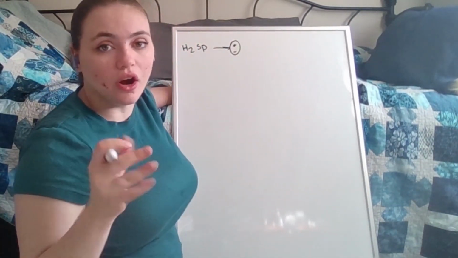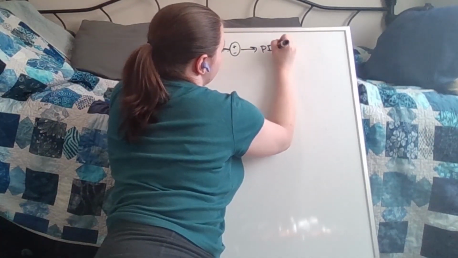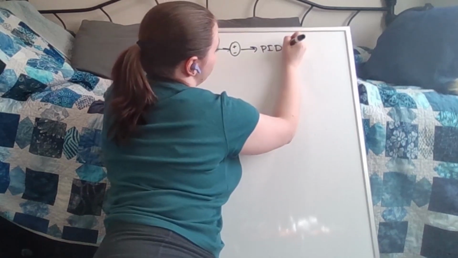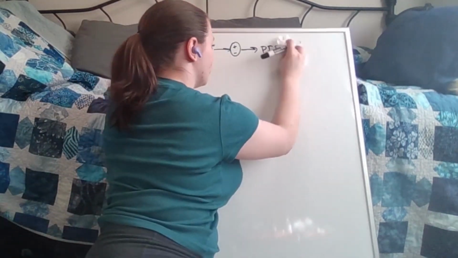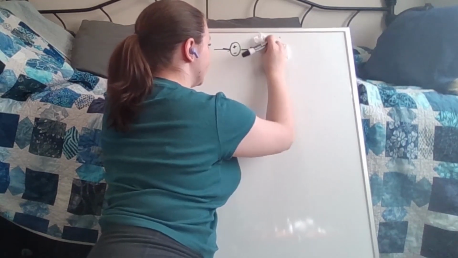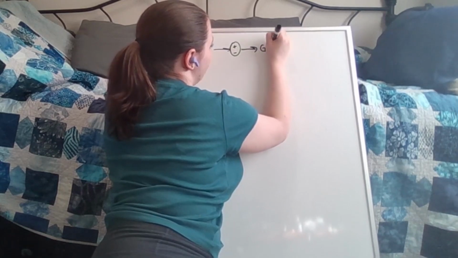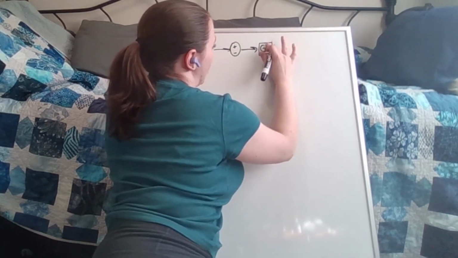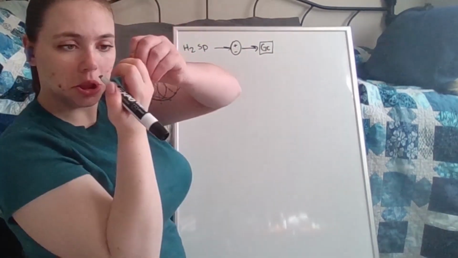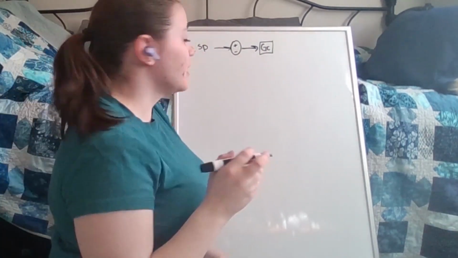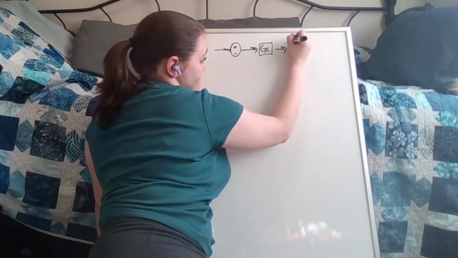So with our PID, what we're actually going to do is call this our GC, control, and that's one function. And then this is going to go into our GP,